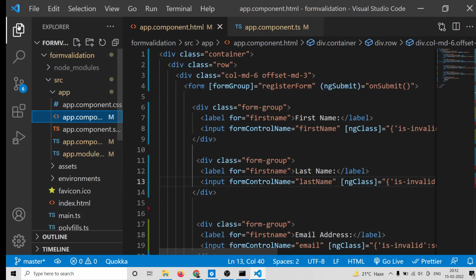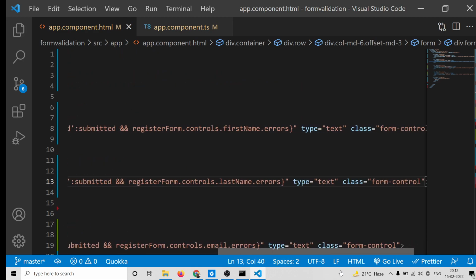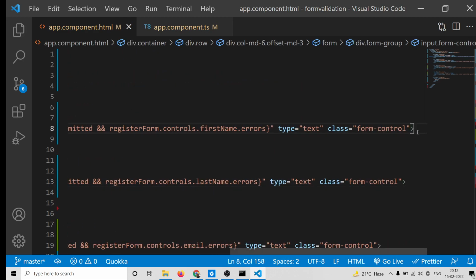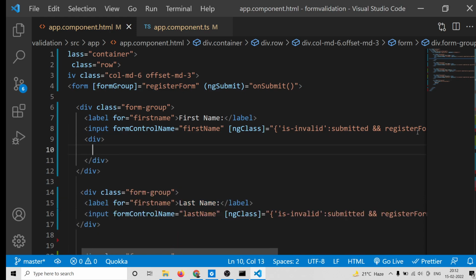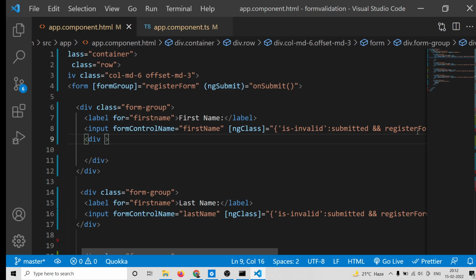And now for printing out the messages, guys, it is very easy. After this input field, we will have our div element. Inside this div element, we will show the error messages. So this will be pretty simple. Inside this div, we will have our *ngIf, and inside this if condition we will check if the form is submitted, and also if the register form